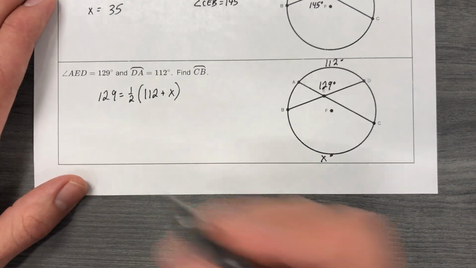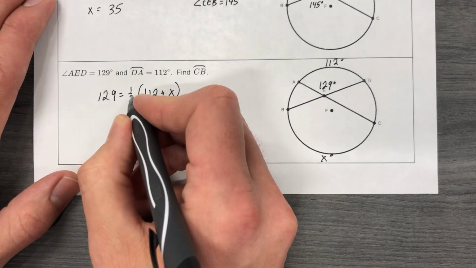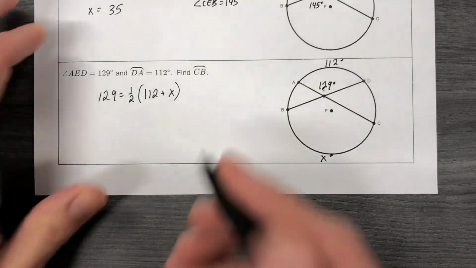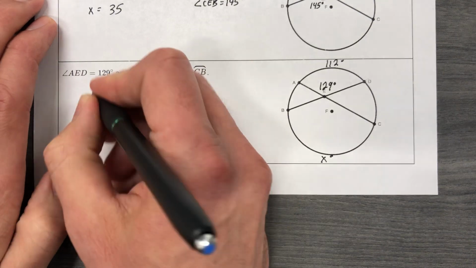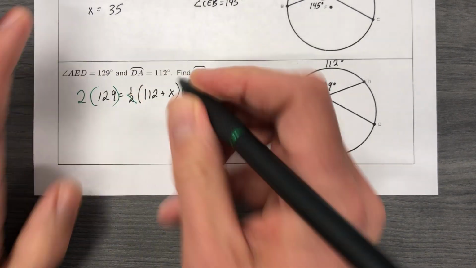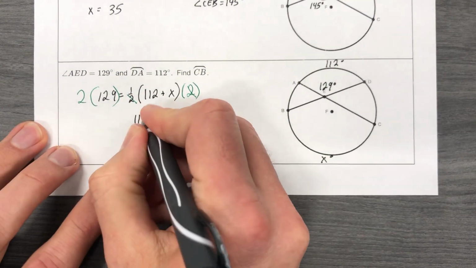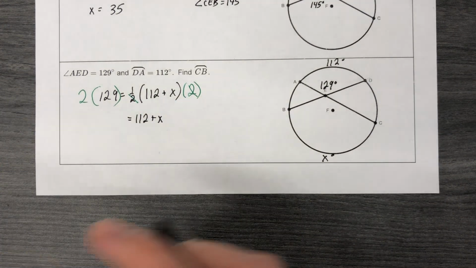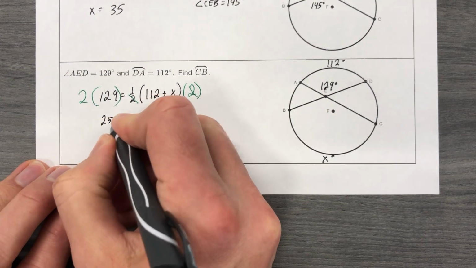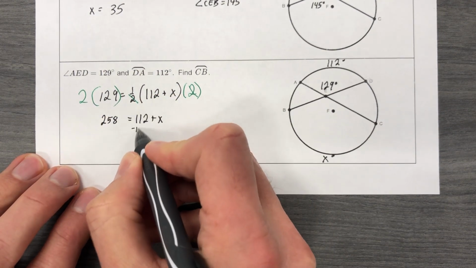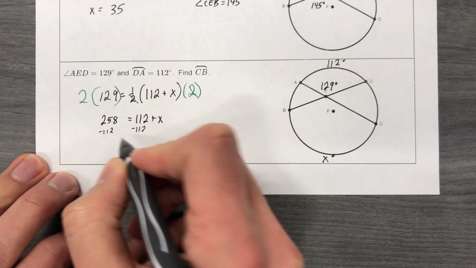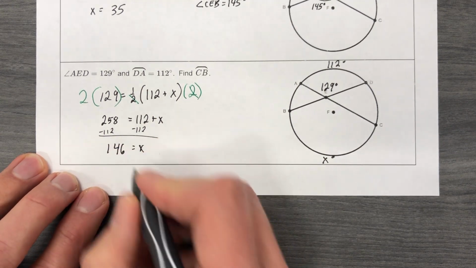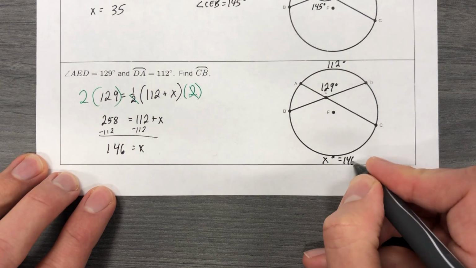So let's figure out what this is. We'll just use our skills on this. Let's double it first of all. If I double this side, and I'm going to show a little bit too much work, but if I multiply by 2 and then I multiply by 2, then I cancel those. And we're going to have 112 plus x, and that's equal to 129 times 2, which is 258. And then we're going to subtract 112 from both sides. And that means that x is 146. And so this is a 146 degree